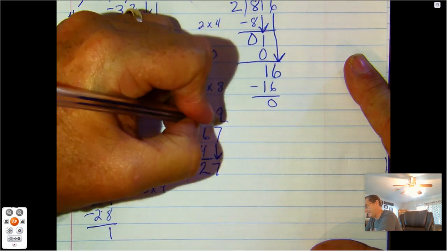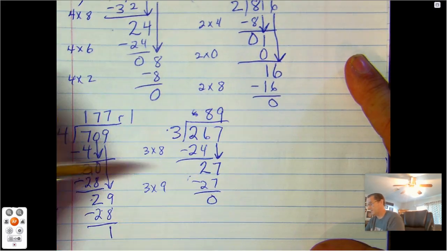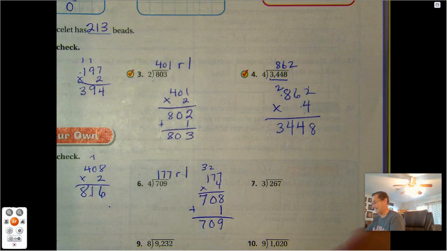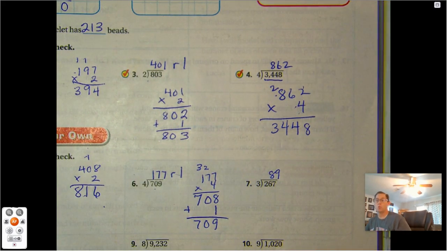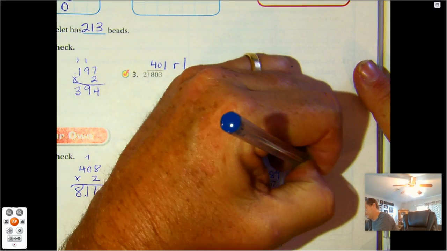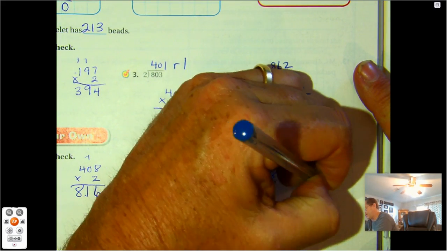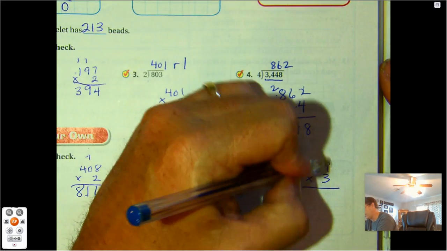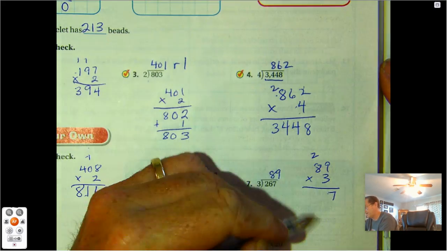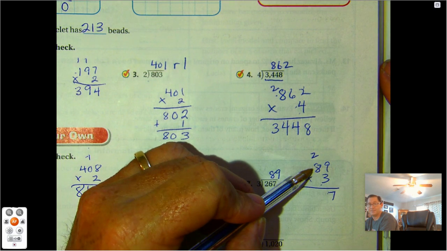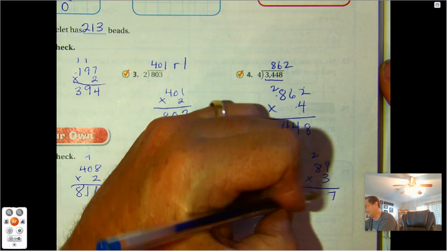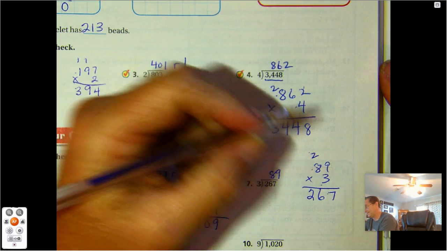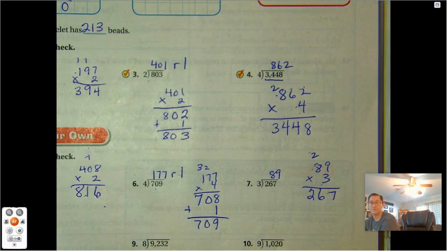So we're saying our answer is 89 for number 7. We're saying our quotient is 89. So 89 times our divisor 3 should give us 267, the dividend. 3 times 9 is 27. 3 times 8 tens is 24 tens, plus 2 more is 26 tens, or 260, plus the 7, 267. Number 8,